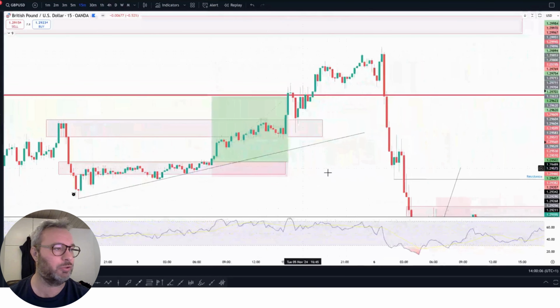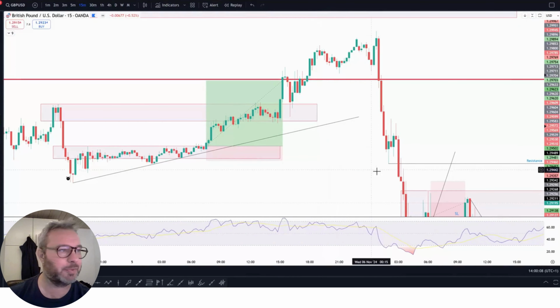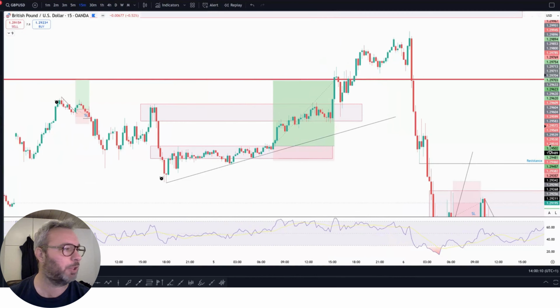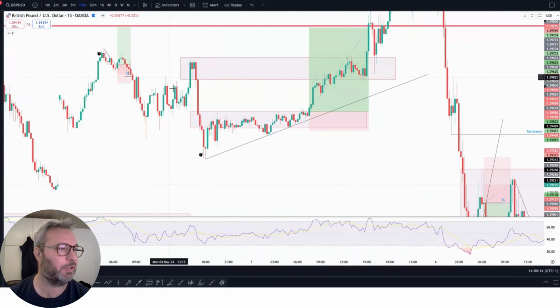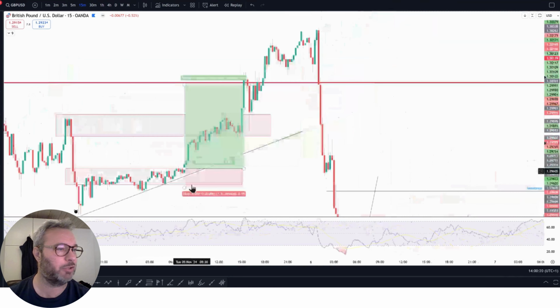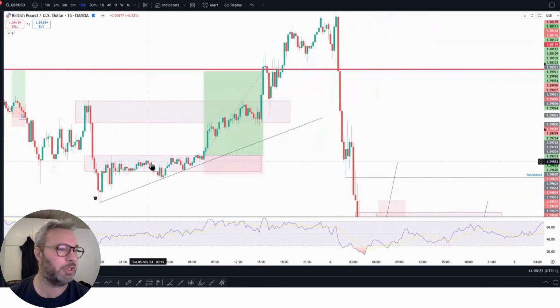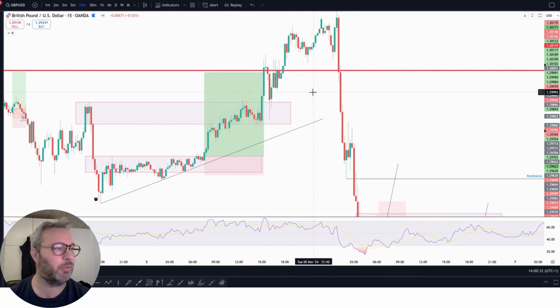Go on to Tuesday, the day after. Well, that was much better. This here was from Monday evening. Price is going up, respecting the trend line. You can see this here was the Asian range. When it broke the Asian range after a little bull flag pullback, I longed here, and kept it all the way up.